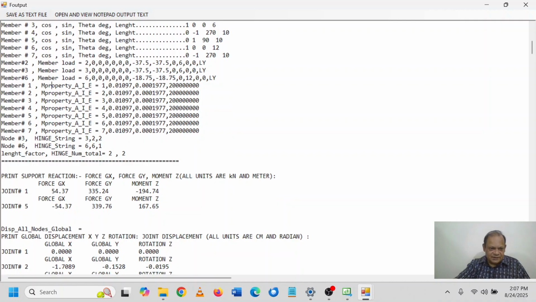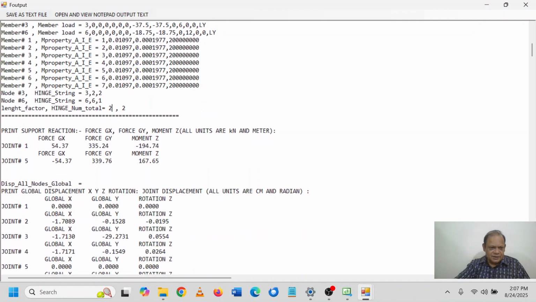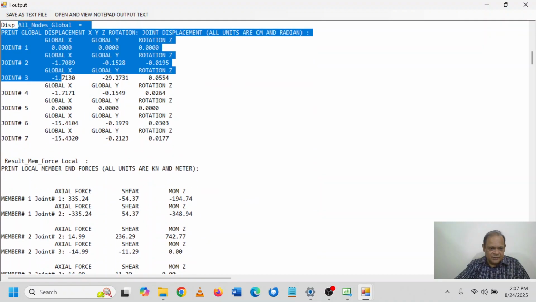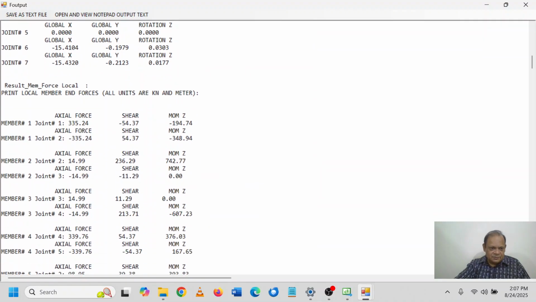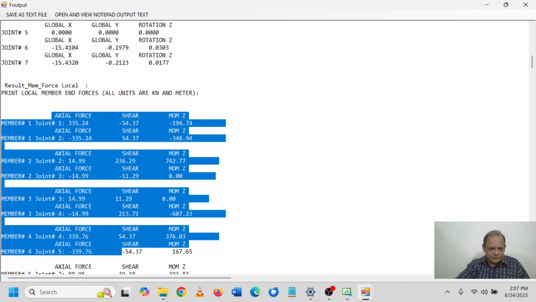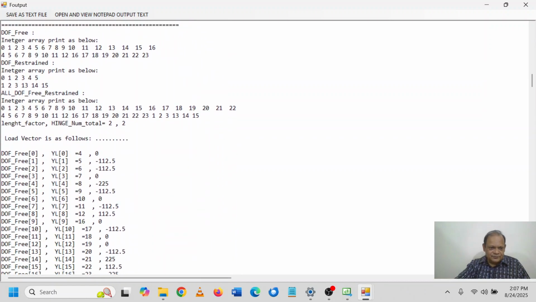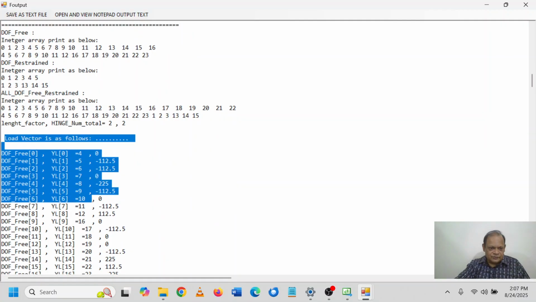You can see that there are two hinges, number of hinges total 2, and length factor is 2. One small division is 2 meter. Here is the print of support reaction. Here is global displacement. Here is member local forces. And this is the load vector,